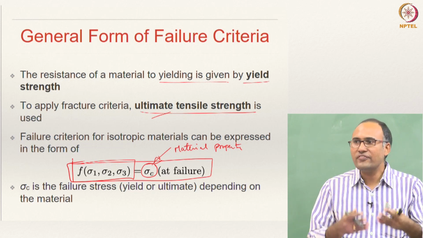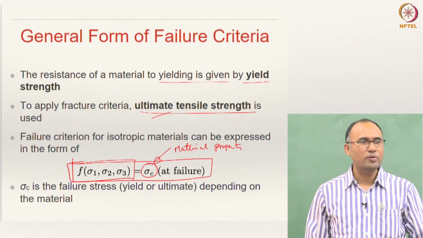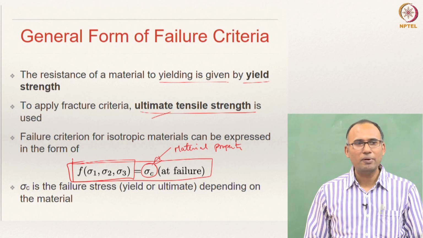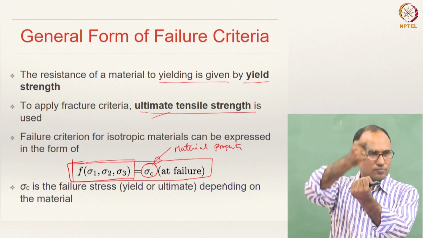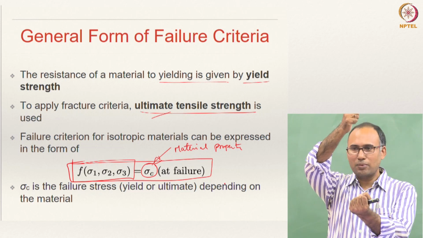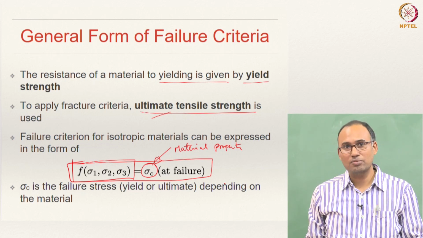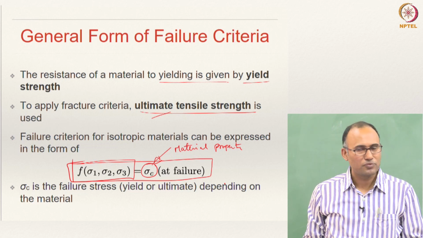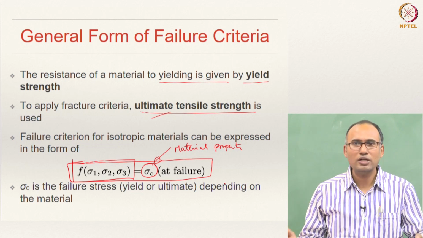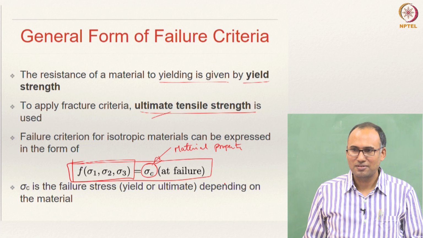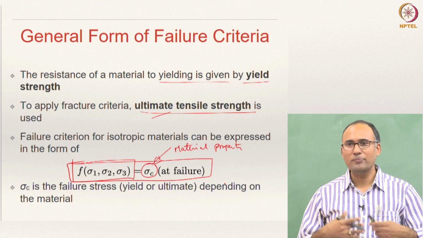And there is a reason why different theories have come into place, because when there is no theory available, what will people do? They will try to come up with the simplest possible theory. Historically we have been doing tension tests, and then we were able to see at some load it is failing. So, what I can say is, okay, when my maximum normal principal stress reaches the yield strength of the material, that is when failure happens, right? That is actually maximum principal stress theory, or maximum normal stress theory. Like that, different people have come up with different theories.